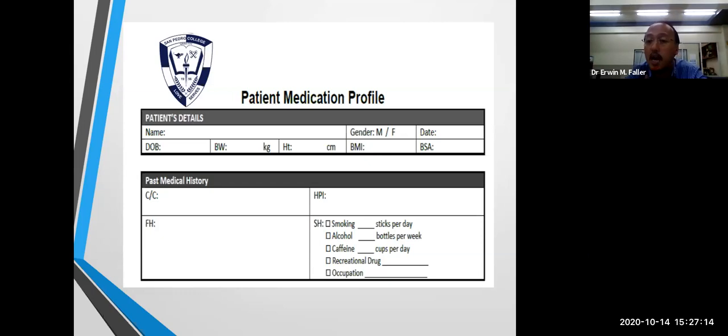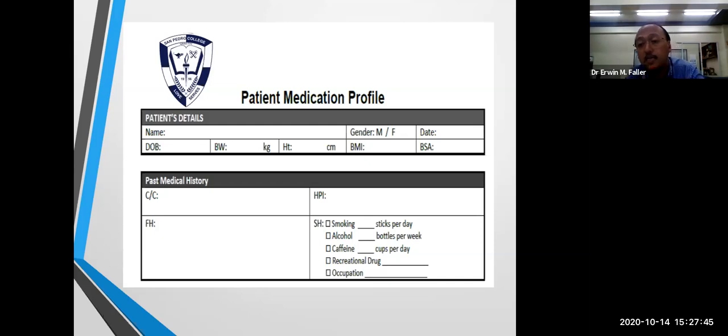This is according to RA 10918, in terms of the mandate by all parties, and the Board of Pharmacy and FDA will inspect that there must be a patient medication profile in different setups, whether community or hospital setting. So I'm just teaching you this is the new trend nowadays for our practice,